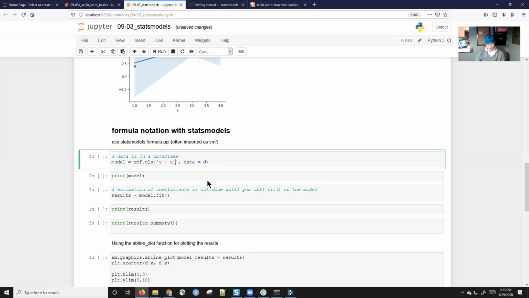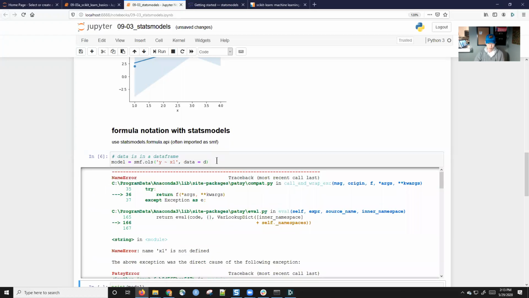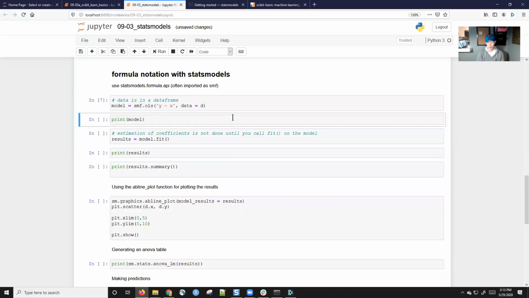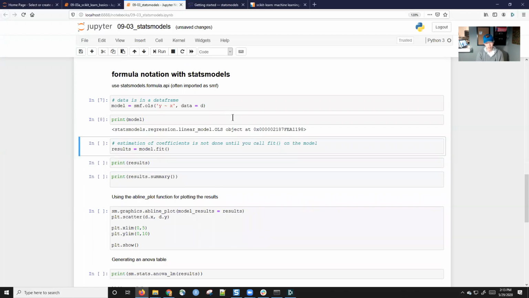So anyway, this is how we create the model, and we're going to take the output of this and store it as model. Oh, what did I do? Oh, x1, yeah, okay. So y is explained by x, that's our model. And let's print our model. It says this is an object, the notation that Python prints out for objects of a certain class. So this is a statsmodels regression linear model OLS class object. And if we want to see what it looks like,